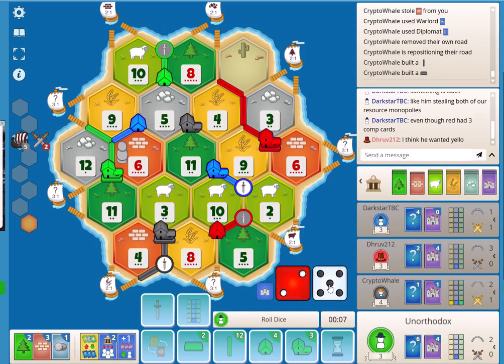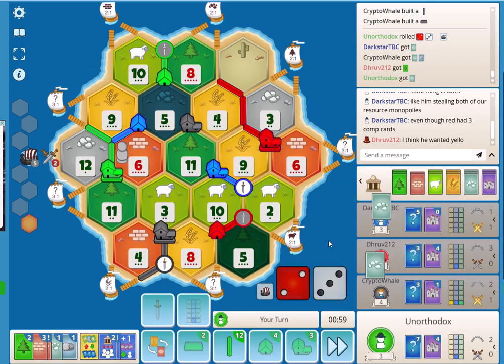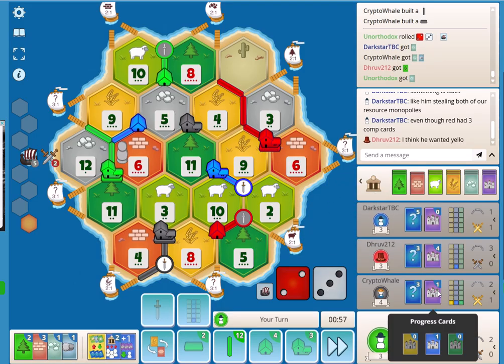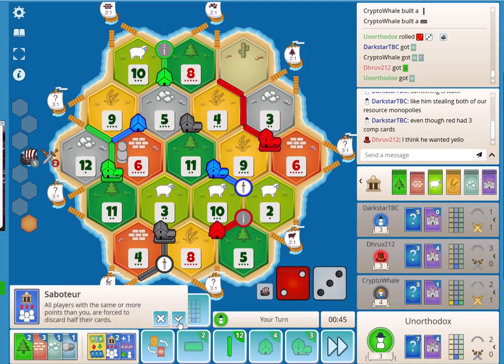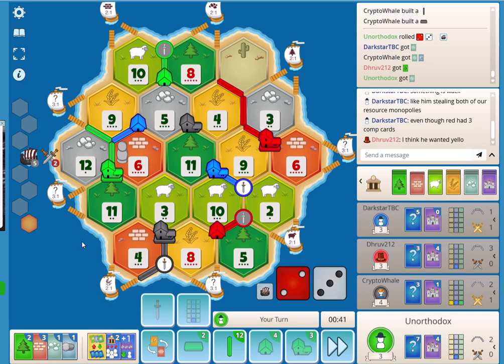Oh, jeez. There goes a 5. They have... Oh, they only have 1 blue progress card. It might suck. I'm going to use a saboteur now. No, I'm not going to use it because I want to see if someone can up a knight. Because at the current gameplay...